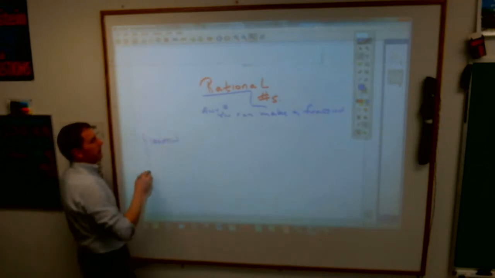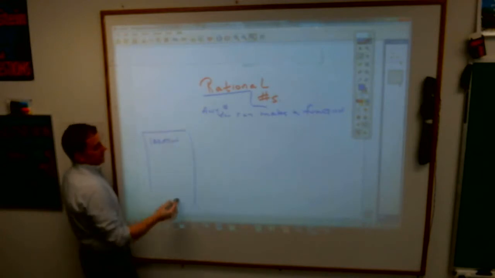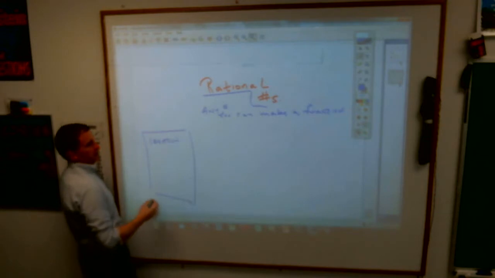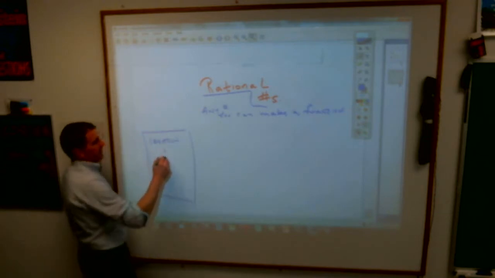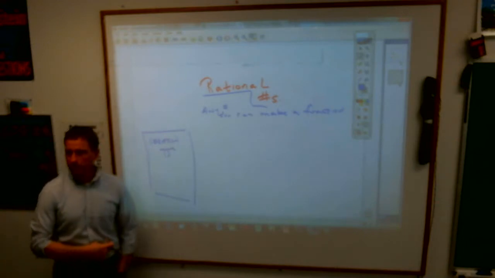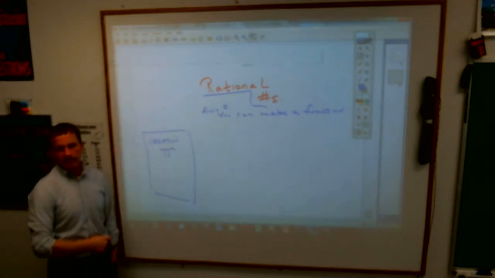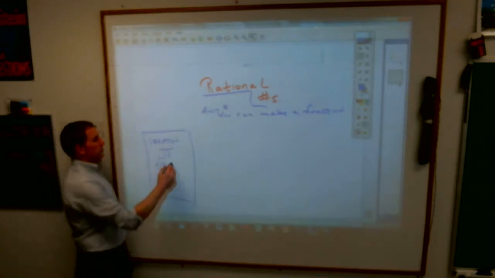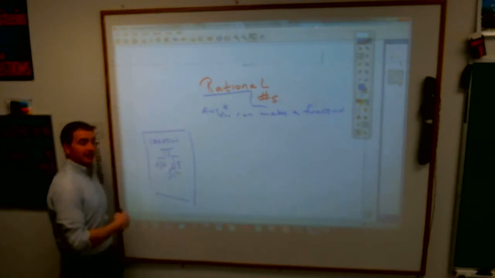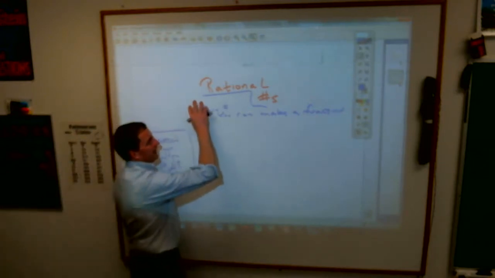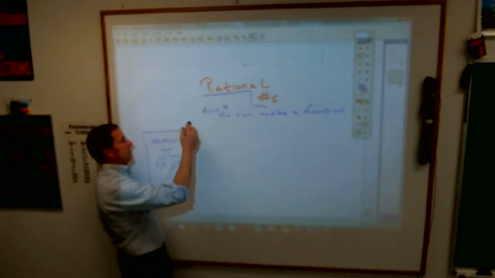An irrational number then would be any number you can't really make a fraction. In our short list of irrational numbers, I only threw a few things at you. Pi, which is up over there because it's a non-repeating, non-terminating decimal. And square roots that don't work out, like the square root of 2, the square root of 8, the square root of 15. Anything that doesn't have a perfect square answer. So we are looking at rational numbers today. We're not talking about these.